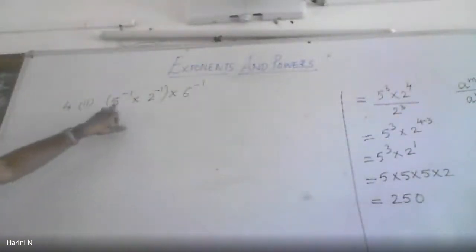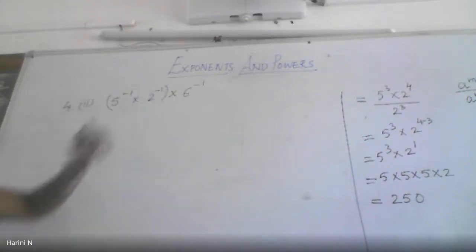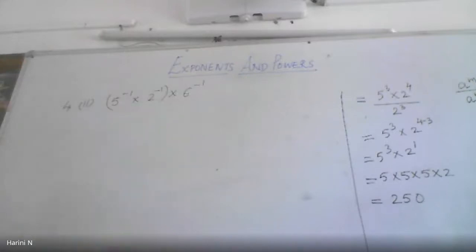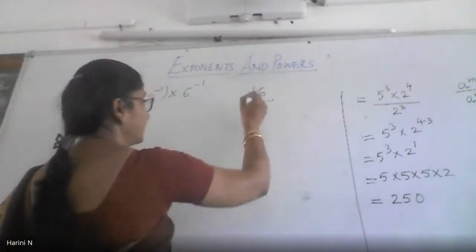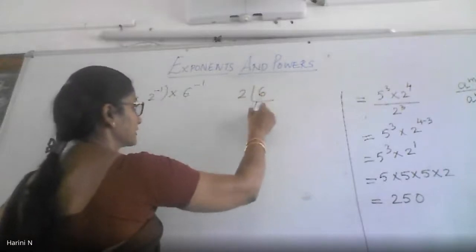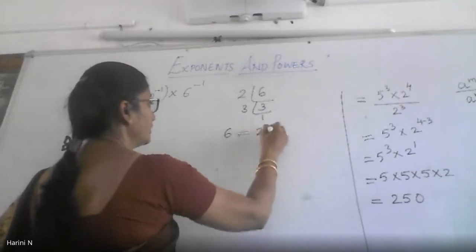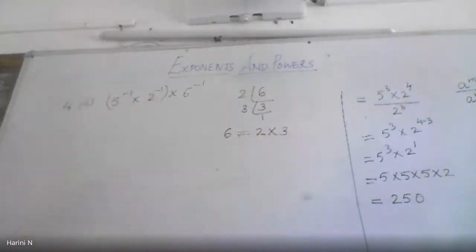We have to check the base first for all the exponential numbers. Are they all prime numbers? No, ma'am, 6 is not a prime number. You can factorize 6 further. Factorize 6 and tell me what prime factors you will have. 6 can be divided by 2. 2 3s are 6 and then 3 1s are 3. So 6 can be written as 2 into 3. Alright, so that's how you factorize your 6.